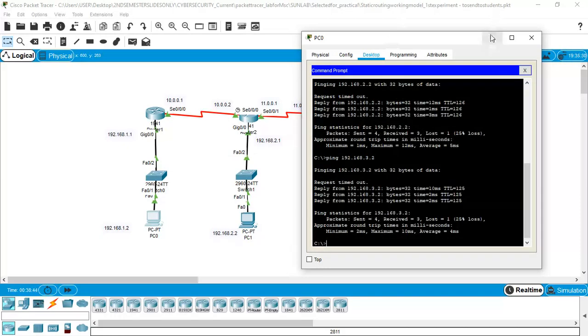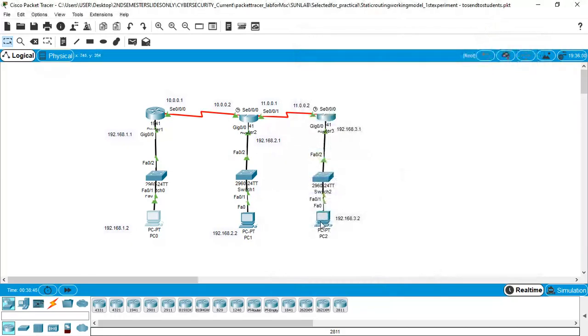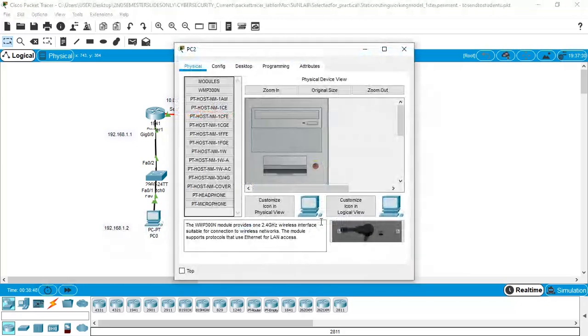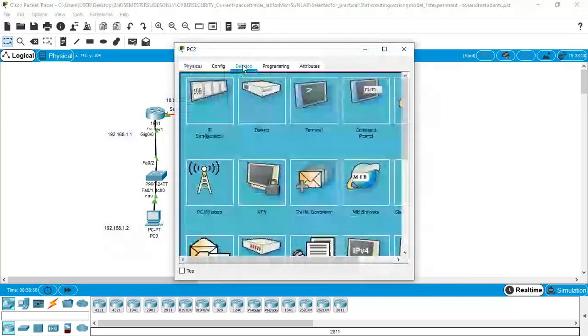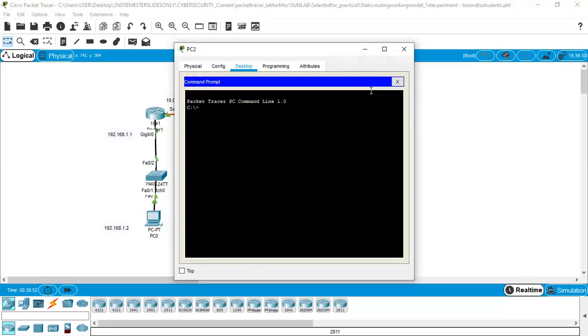Now let us try from 3.2, ping 192.168.1.2. Straight away the reply is coming.